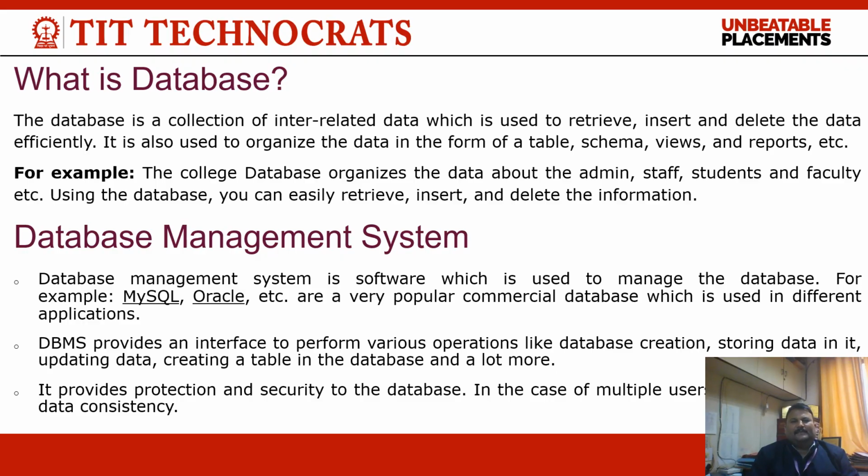It is used to organize the data in the form of tables, schemas, views, and reports. Here you can see that a database is a collection of interrelated data. That means in a database all the data should be interrelated. Whenever we require, it can be easily retrieved from the database. Whenever we need, we can easily insert, update, and delete so that we can work on it